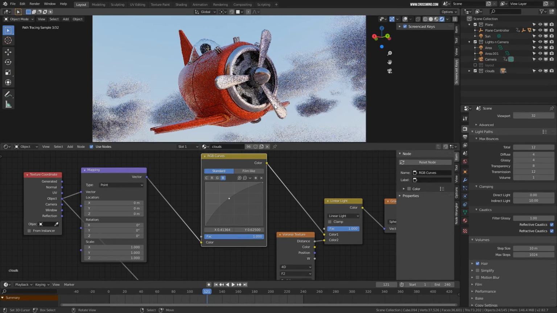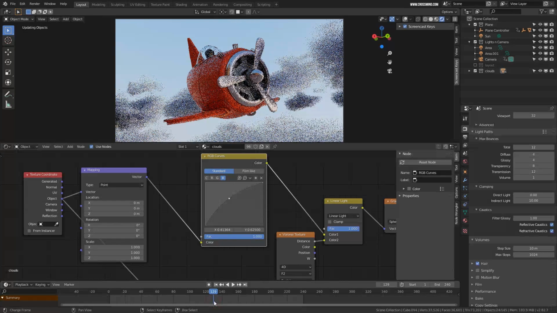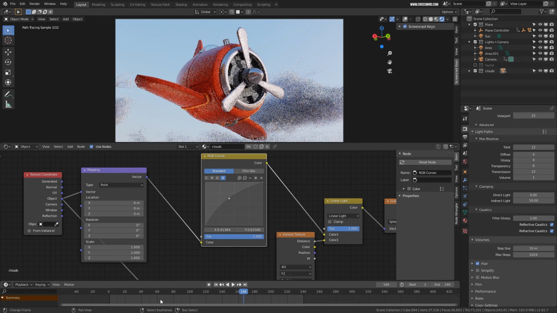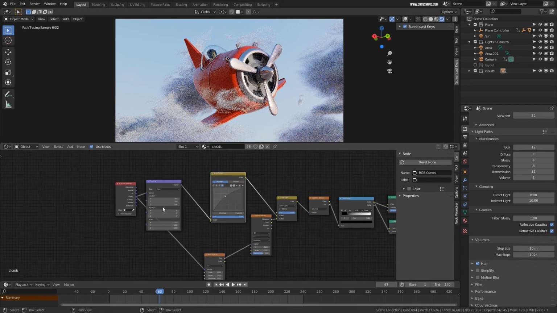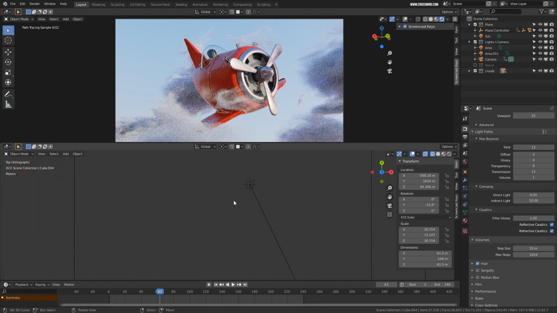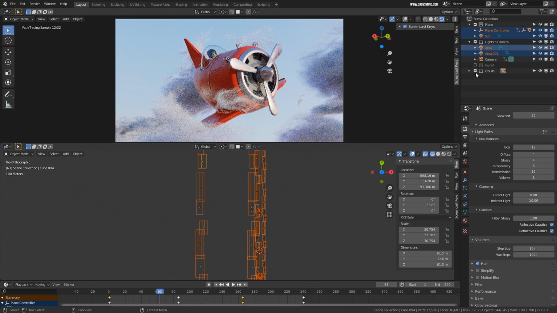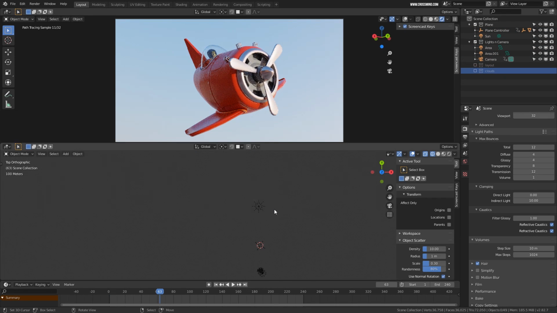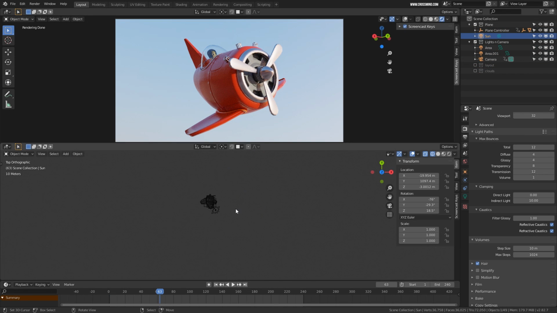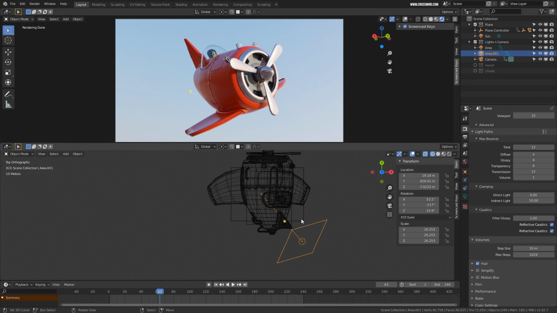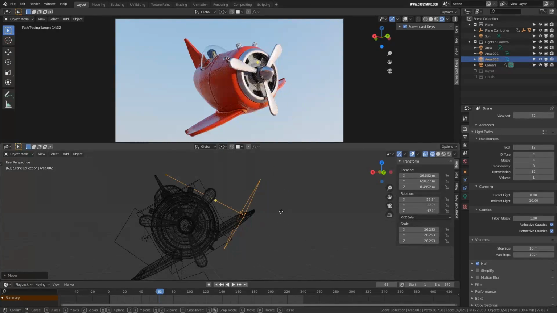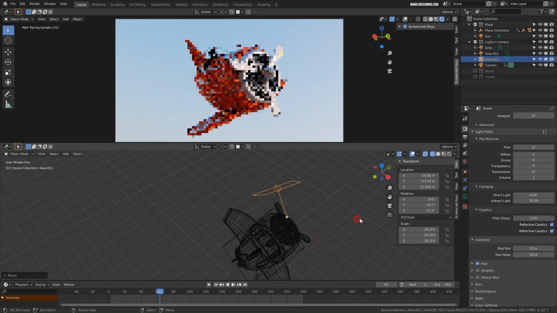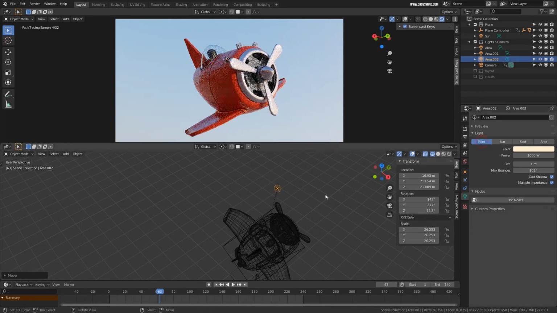So right now when I look at the clouds, the overall frames look fine, but I think we can add some more interest to the light. So let's go to the 3D view and see what all light sources we have. I'll disable the clouds for now. So we have one sunlight, and then we have a few lights which are attached to the plane. So I'll create one more light over here, duplicate this area light we created earlier,